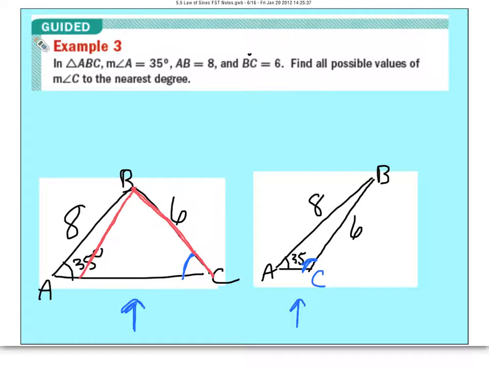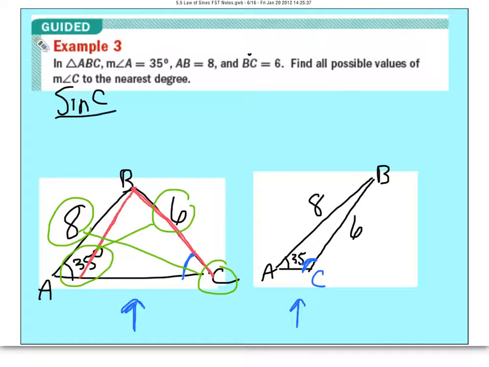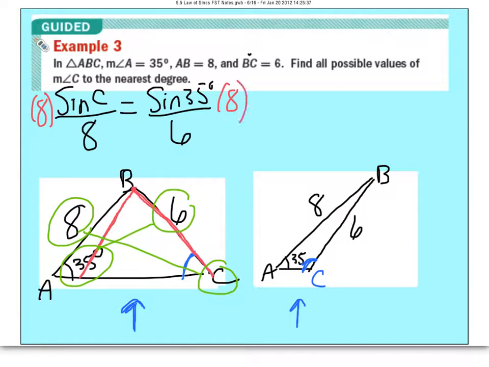And if I come back to the acute triangle, we have to find angle C, so I'm going to match that up with side 8. And I have 6, which matches up with 35. So I need to know the angle, so I'm going to do the sine of the angle first on the top. Sine of C over 8 is going to be equal to the sine of 35 degrees over 6. Now to solve mathematically, I'm just going to multiply both sides by 8 first. And if I do that, this will then become the sine of C equals